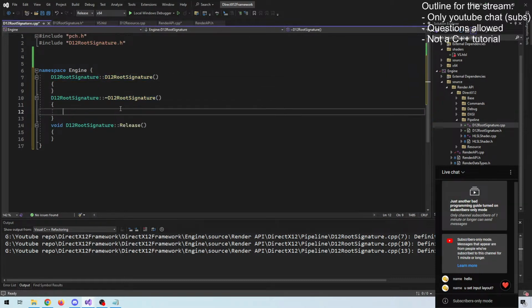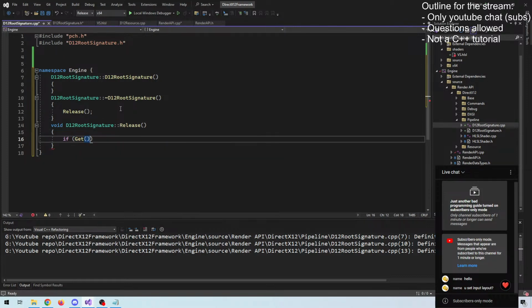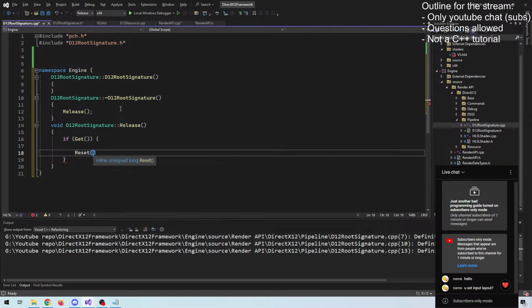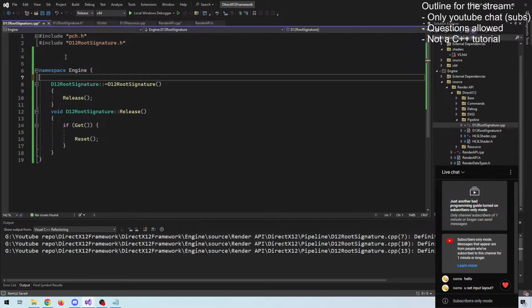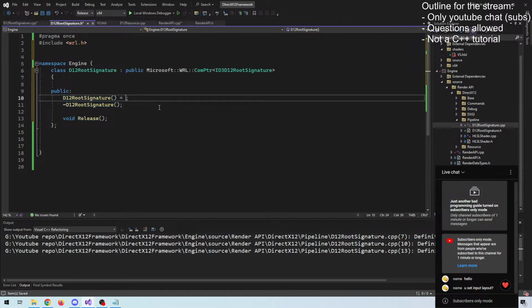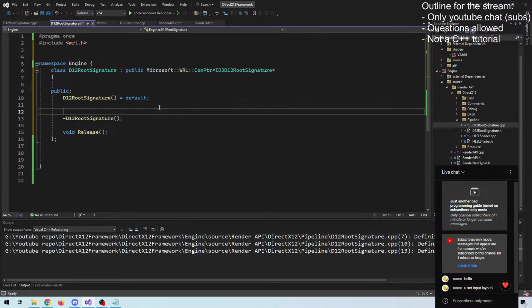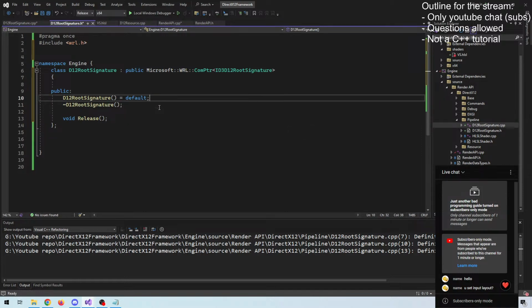Let's see, our destructor should call our release function. Our release function should check if we can actually access our compiler, if it has anything assigned rather. And our, excuse me, our well, maybe we don't want a default constructor, or rather, maybe we don't want to specify the default constructor because actually,